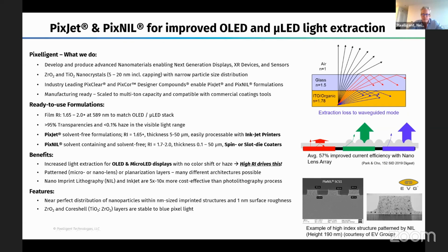That means we can have very fine structures, and at the same time the refractive index is going to be the same everywhere in these structures, which is important for any type of device that you're building. So finally, I think just to point out that nanoimprint lithography and inkjetting processes are, of course, much